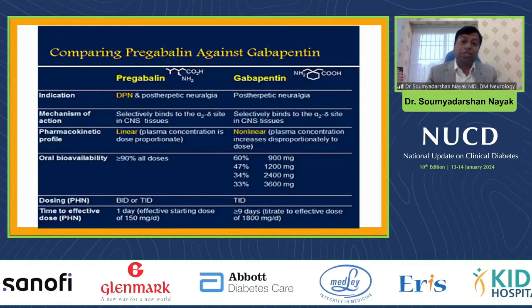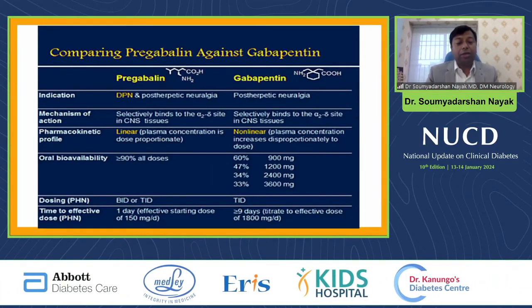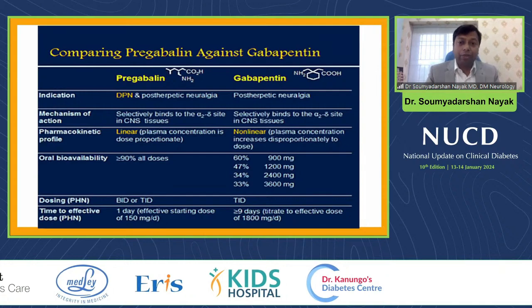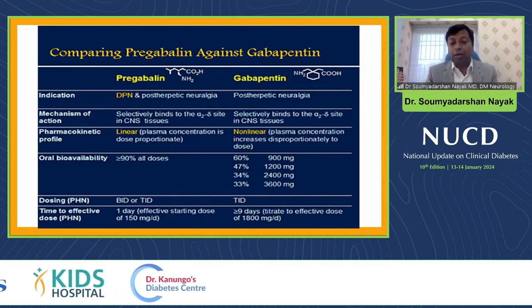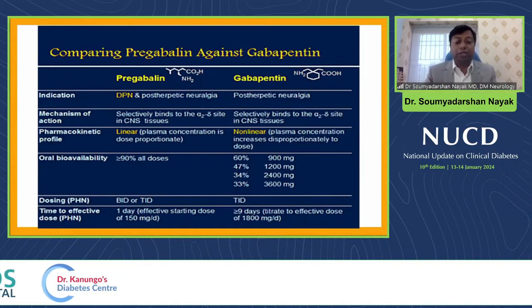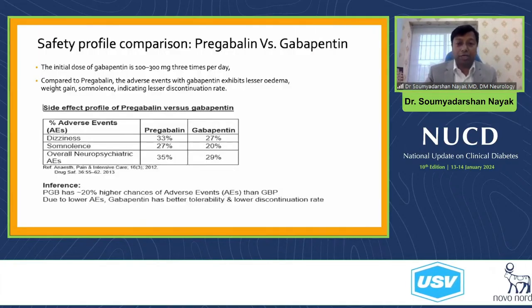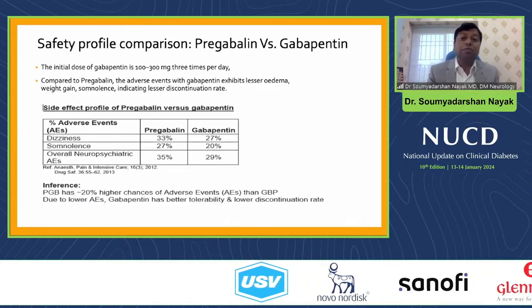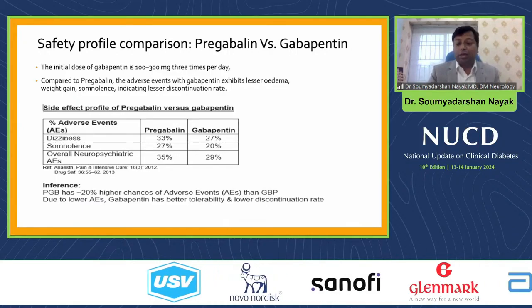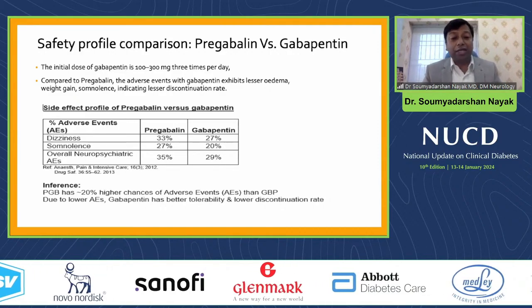Head-to-head, pregabalin versus gabapentin. Pregabalin is the FDA-approved drug, and it has better efficacy. But side effect profile, gabapentin is the better drug. As for titration, you can titrate pregabalin very early, while gabapentin is erratic in titration. But given the side effects, edema is lesser with gabapentin, there is lesser sedation, and also the addiction